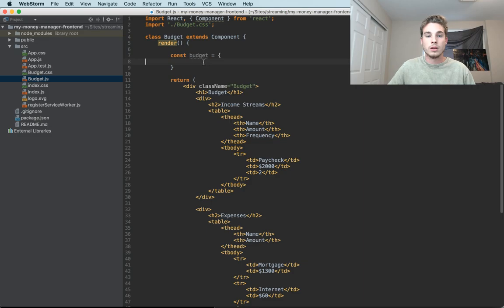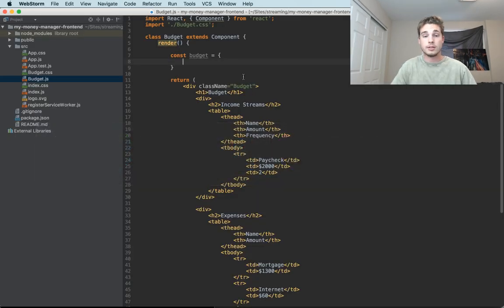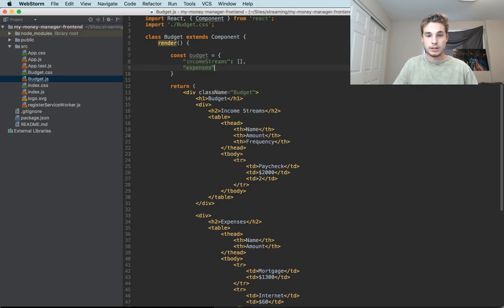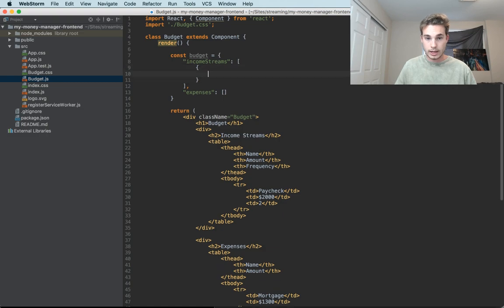Alright. So budget has 2 properties, I would say. So it's got these income streams and expenses, and those are arrays. So we're going to create those, and expenses. Alright, and those arrays are arrays of objects. So we're going to have an income stream here. Income stream has a name, paycheck,